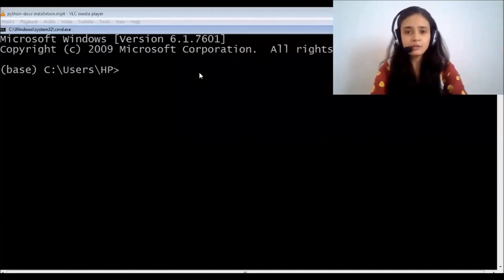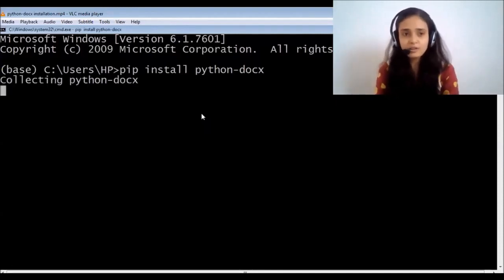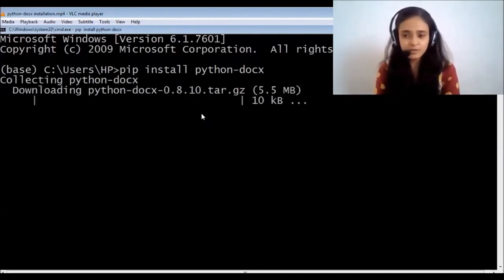In the Anaconda prompt, you have to write the syntax like this: pip space install space python dash docx. You have to wait for this library to get installed. This is only a one-time process.